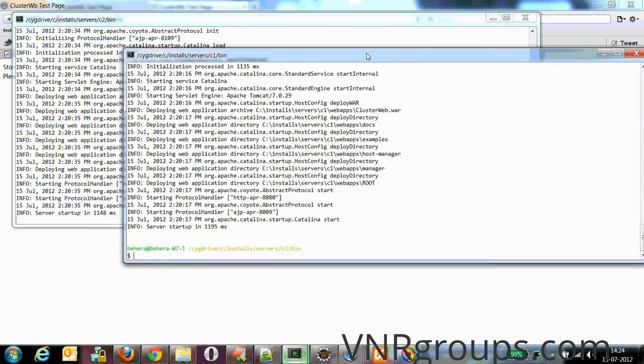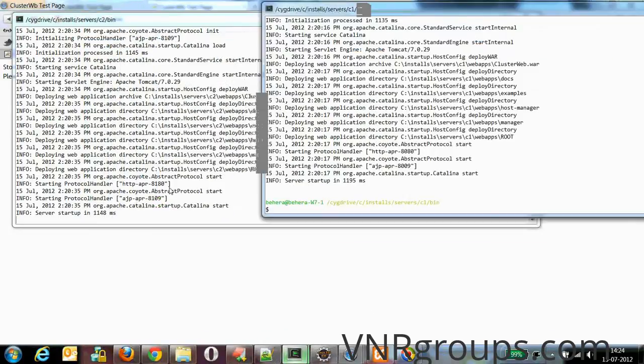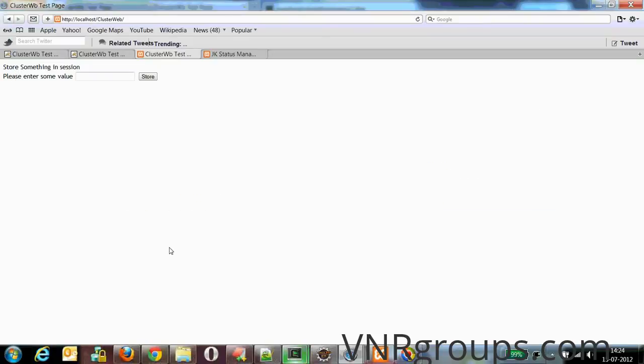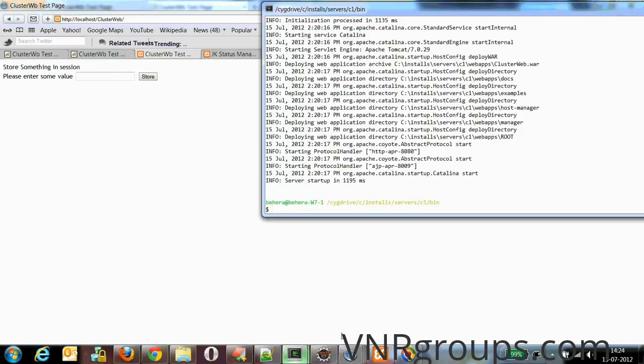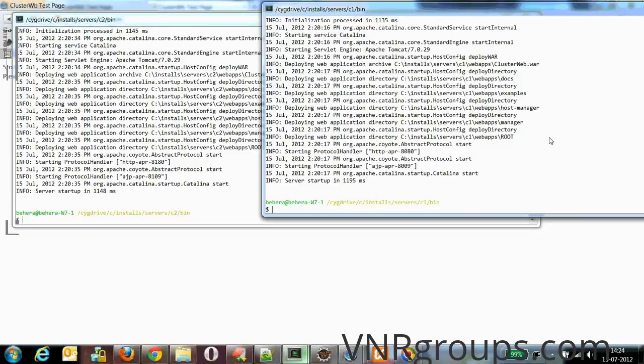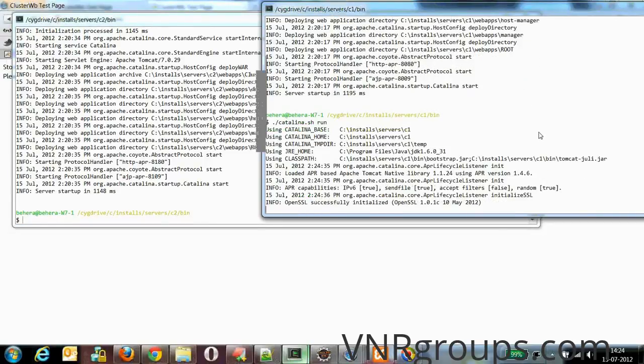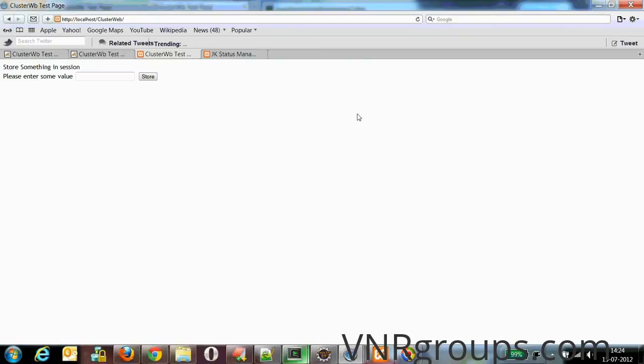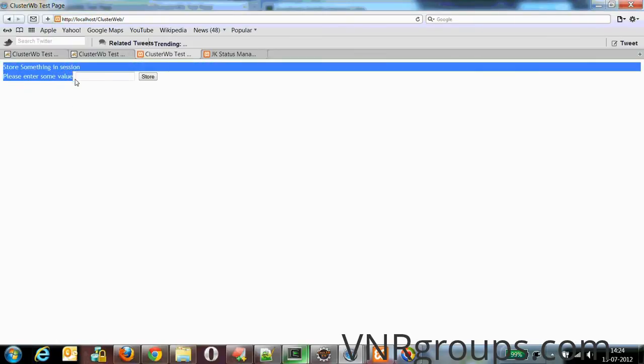Now your Apache server will identify which Tomcat instance is down. Accordingly, it will forward to the next available Tomcat server. Let's say I'll do one thing. I'll stop the running C2 instance and start the C1 instance. Now you hit again, you just refresh this page. See, again you're not getting a server down error. Apache has identified that C2 is down and the next available server is C1, so it forwarded the request to the C1 cluster.